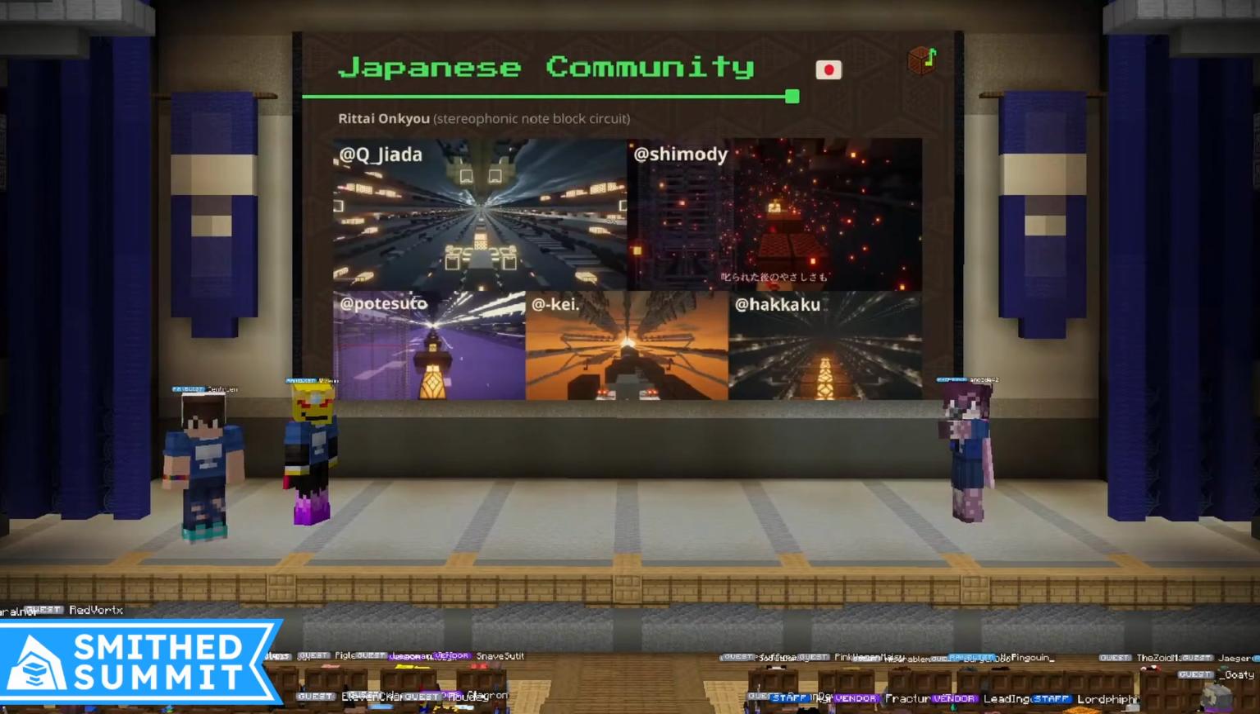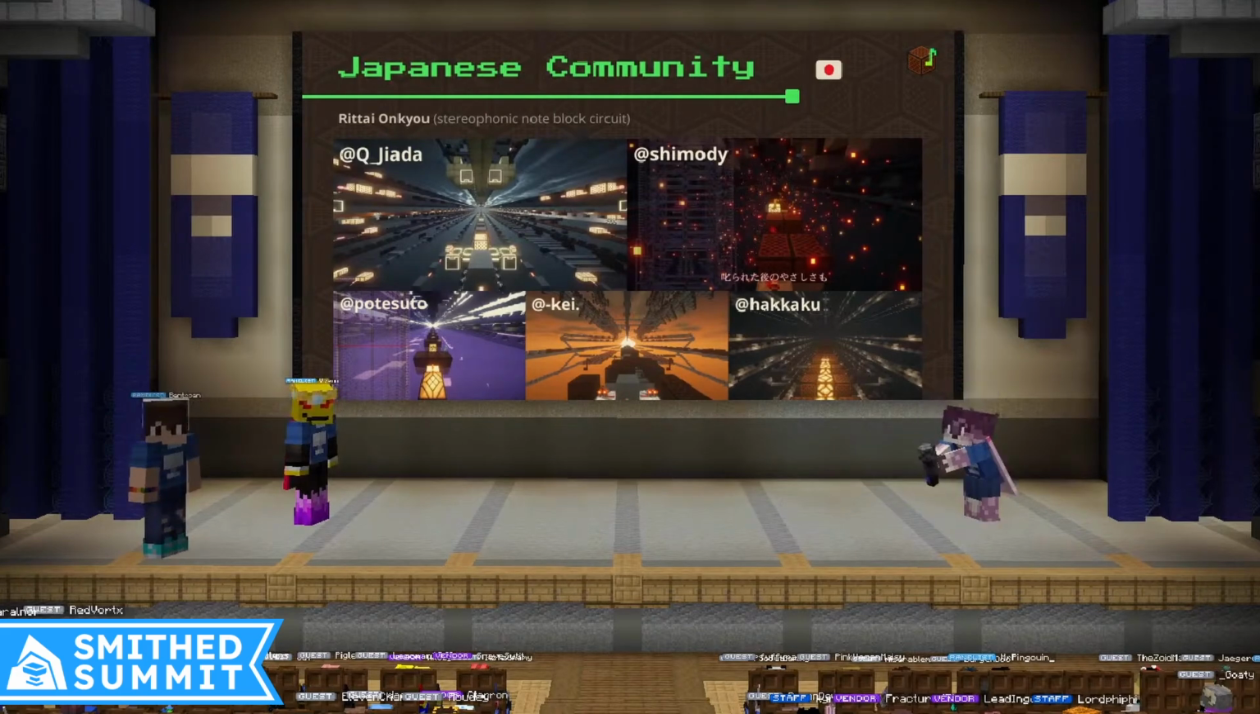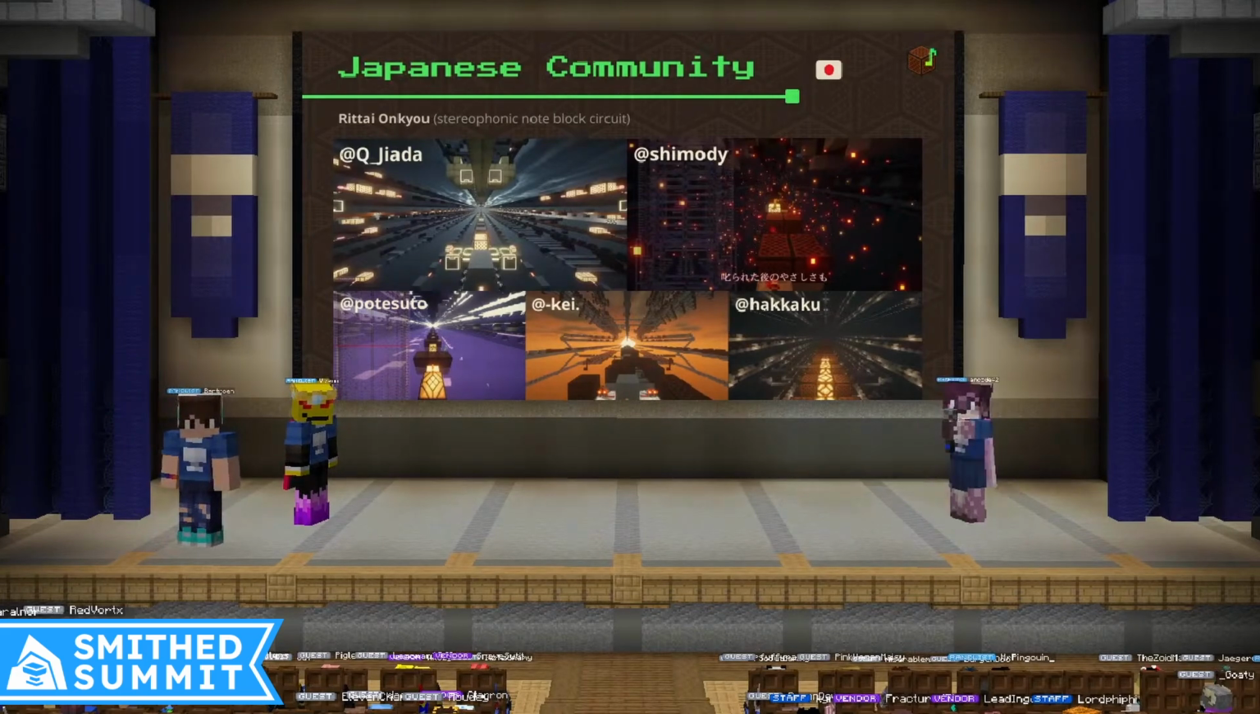The Japanese Noteblock community, on the other hand, has come up with gigantic stereophonic Noteblock songs called Ritai Onkyo. By carefully placing each Noteblock at the right distance and wiring it all up, they actually create volume and panning modulations in vanilla Noteblock circuits, something that's not possible with traditional circuits. So there's a giant gap between the Western and Eastern Noteblock communities, and we want to work on bridging that